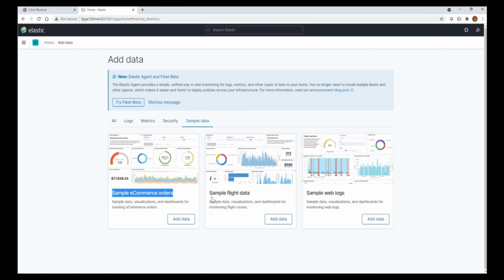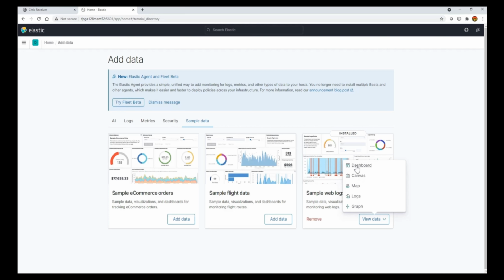So let's try to add this default data to our system, like the database, and we can visualize it. Instead of creating the data and visualizing it, let's try to learn it with the default data. So that data has been installed. Let's click view data. You can view the log file graph or something, or we will directly go to